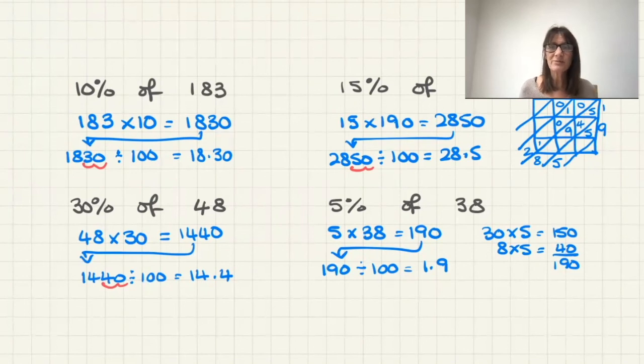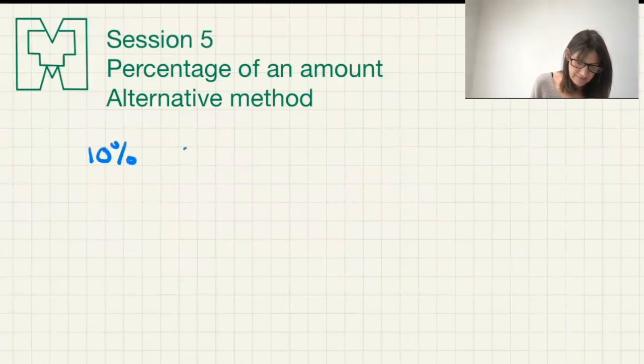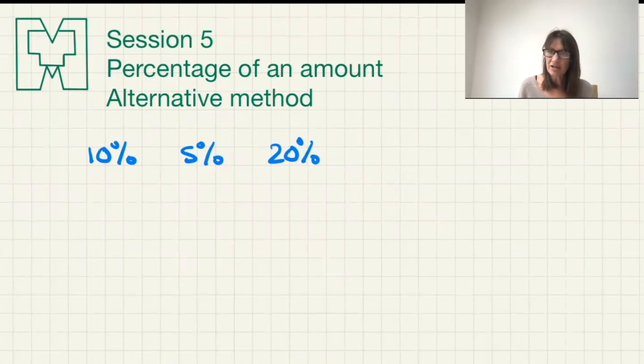If you're staying with me to look at the alternative, let's do that quickly now. So the alternative method is going to do questions like 10%, 5%, 20%, and that kind of thing, so multiples of 5 and 10. Okay. So if I had to find